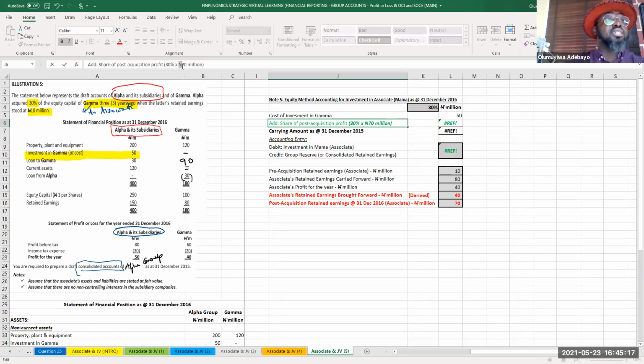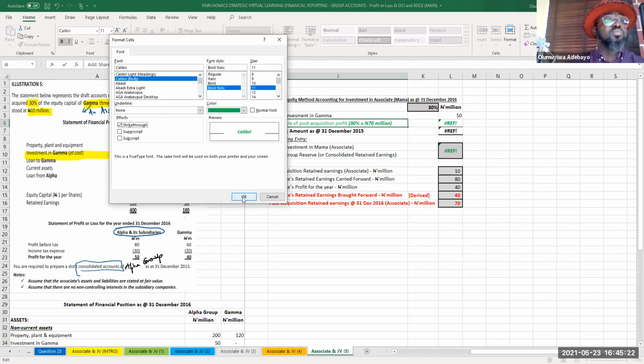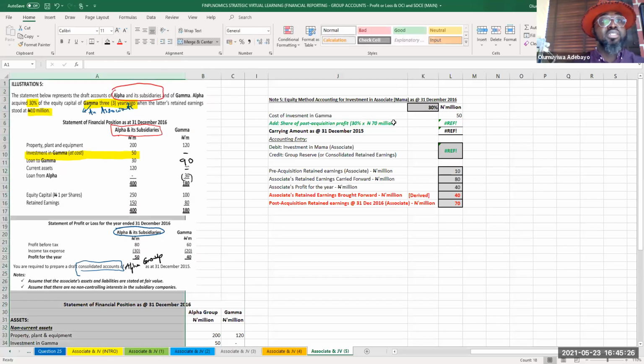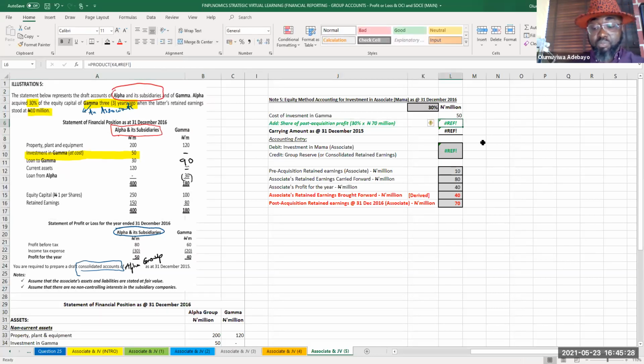What is that? Who can give me the value? 30% of 70 million is how much? 30% of 70 million. 21. Therefore, this is our balance sheet, which means if we reconstruct our balance sheet,